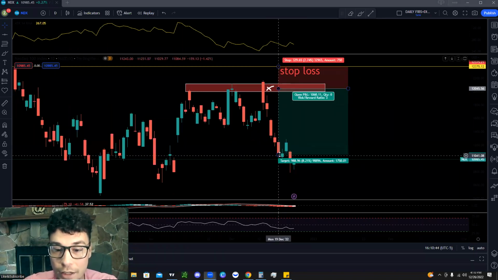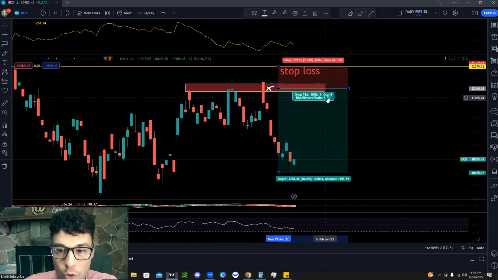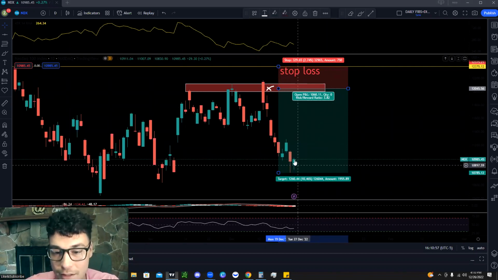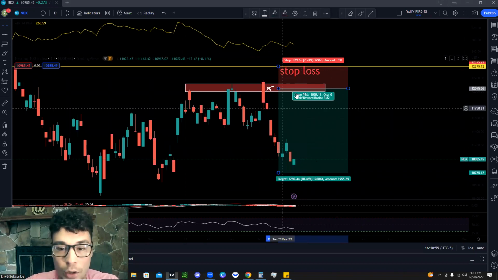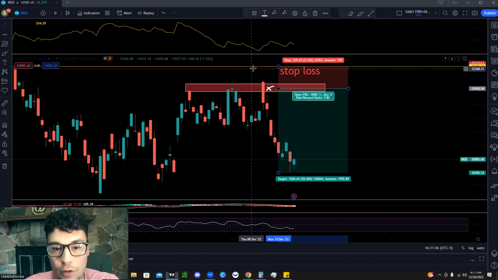Now, you could have actually increased this to a 4-to-1 ratio and it still would have actually hit. Right here, we ended up hitting just barely short of it, 3.82, right? And you see we end up reversing a little bit, but there's potential this play still could be going down. So it's all about where you want to make profits at and what your specific profit goals are. But as a general rule of thumb, you do want to have like a 3-to-1 risk